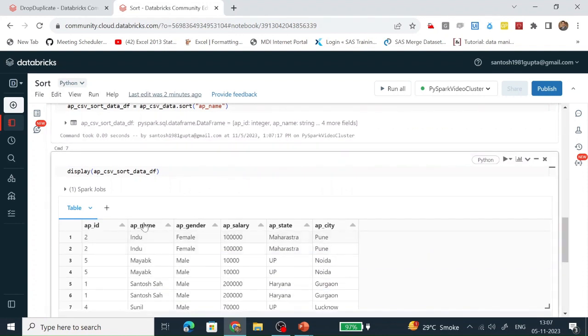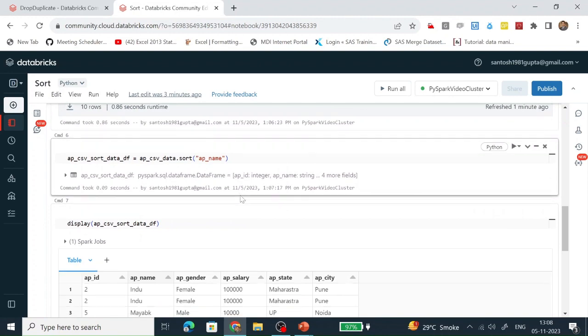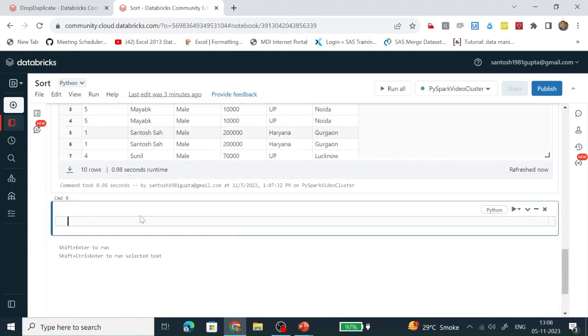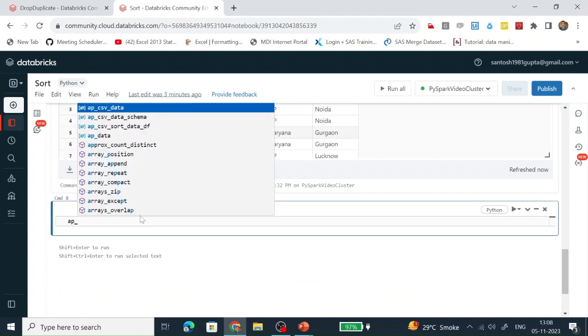That's why, since this is a text value, it is starting from A to Z. So I is the first one, that's why the name which starts with I comes first. So let's see how it works if we do ascending and descending. We are seeing this only for the sort function applied on a single column. Multiple columns we will see later.